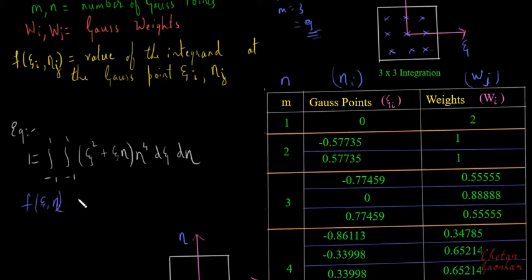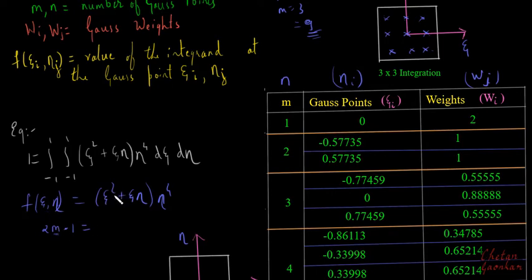and xi and eta, and it is nothing but xi square plus xi times eta multiplied by eta to the power of 4. And then if I try to find how many Gauss points will be required in xi direction, then we know the thumb rule: 2m minus 1. M is the number of Gauss points in xi direction, is equal to the highest degree here in this polynomial